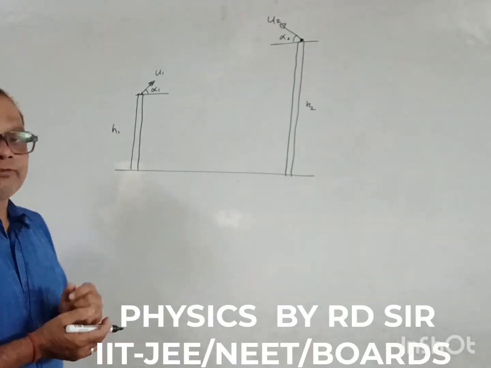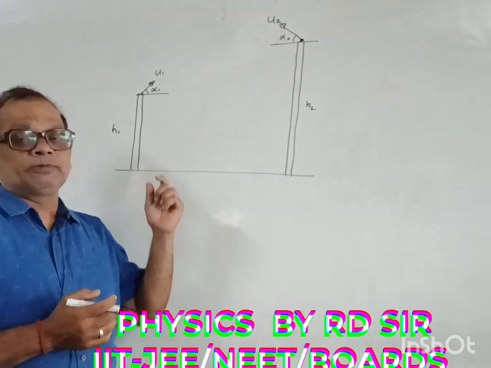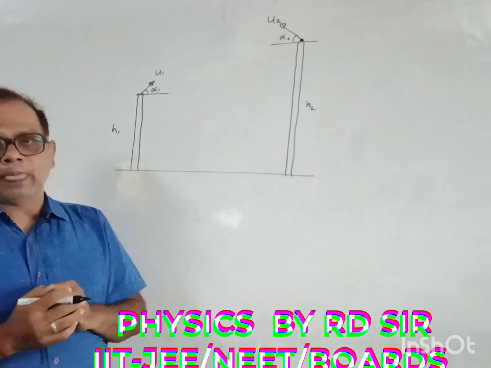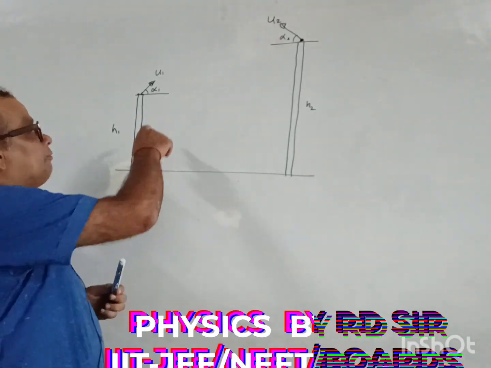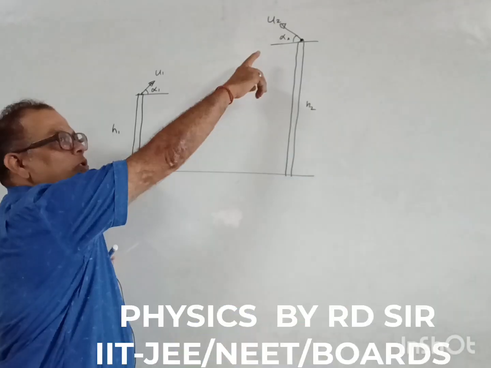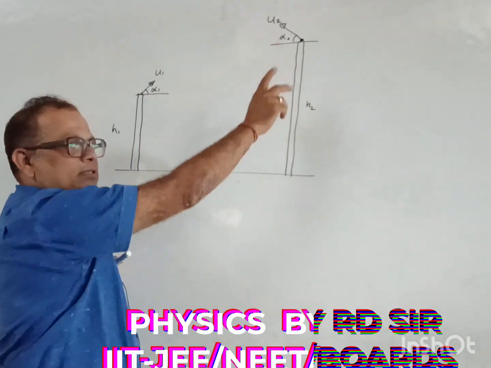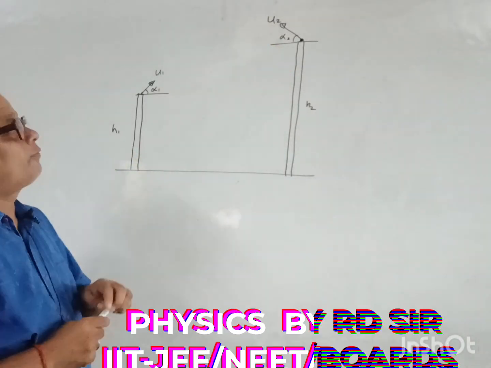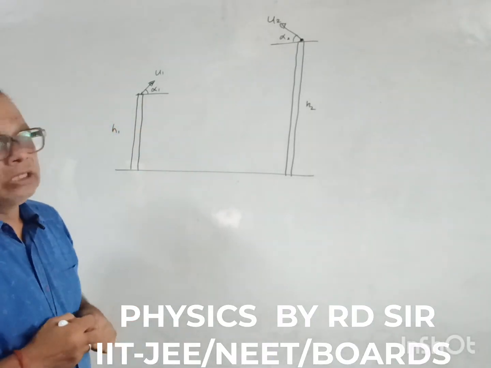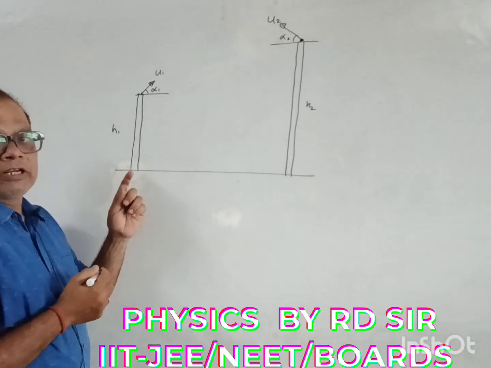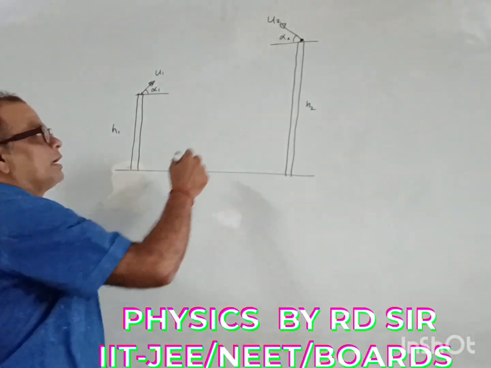So we are going to find the relative velocity of 1 with respect to 2 or 2 with respect to 1. If we are taking the velocity of 1 with respect to 2, then we can assume 2 is at rest. If we are taking the velocity of 2 with respect to 1, then we can take 1 at rest. So let's find the velocity of 1 with respect to 2.